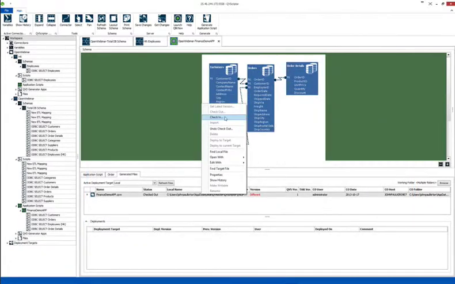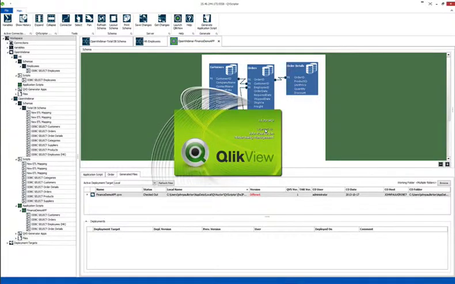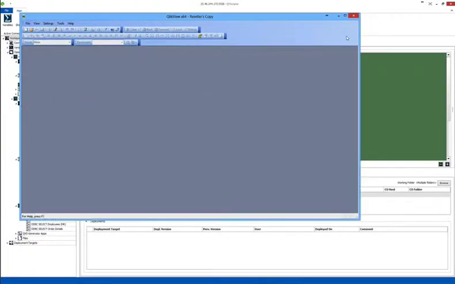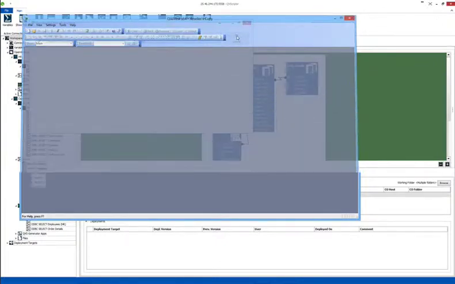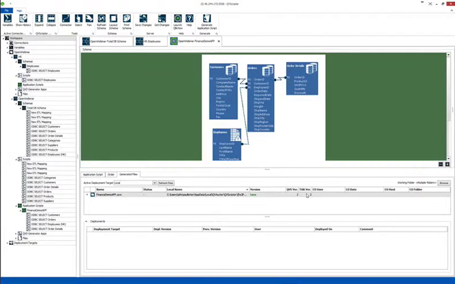I can right click on the application line and check it into the repository. It'll compile in QlikView again, and it'll give me my feedback, which is that it has been checked in successfully. So now that application is actually checked into my repository, so you can see that the script version and my target version is the same, and it's automatically turned it into 2 because it's now the second version of